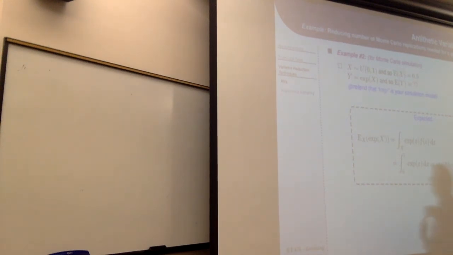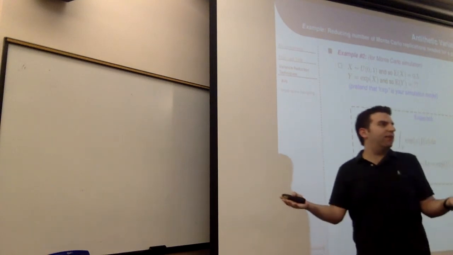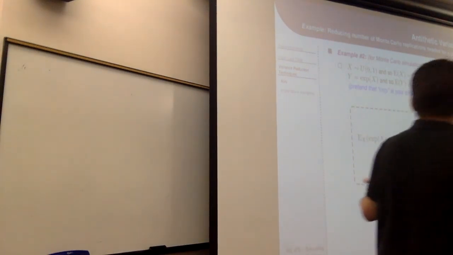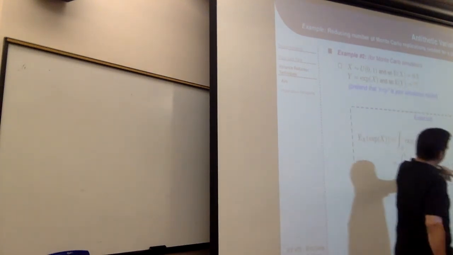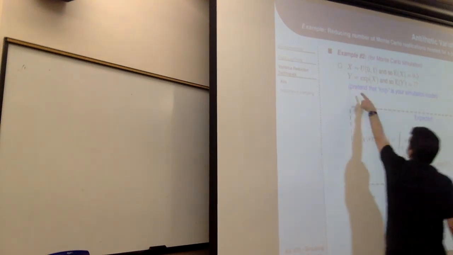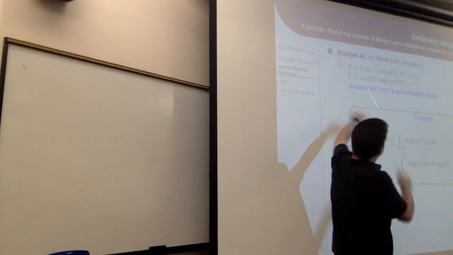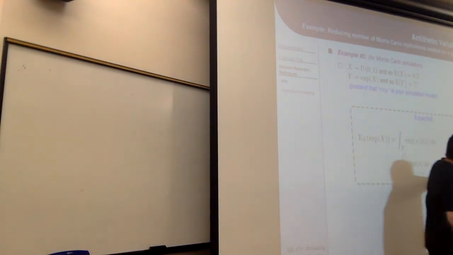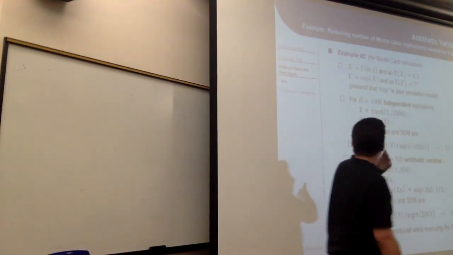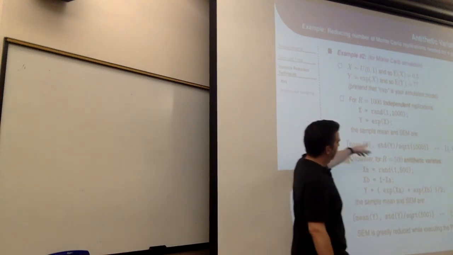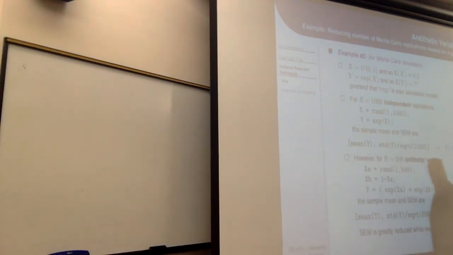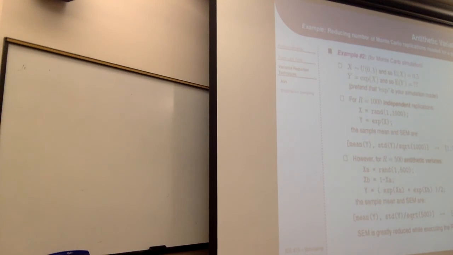So I'm not going to use control variates this time. Now I'm going to use antithetic variates and see how it works. Again, we know that the expected average value of an exponential when the inputs are from 0 to 1 is 1.7183. So I take my 1,000 draws as before, and here's the same mean and standard error that I got before. But now I'm going to redo the experiment using antithetic variates.